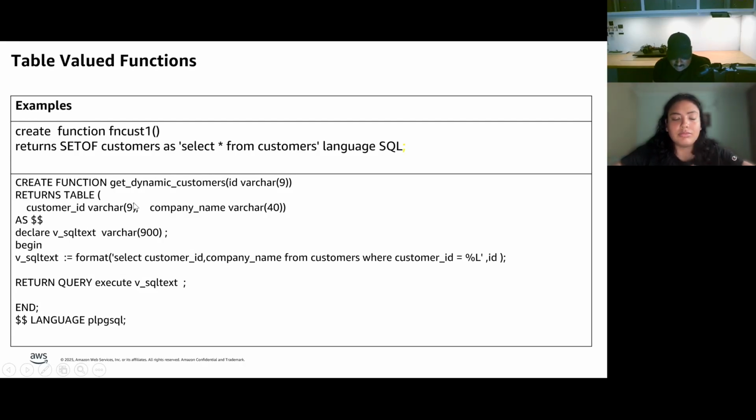The table structure is common, but you can change the value over here by passing the value to that particular column. And there are more ways to create dynamic functions in Postgres, and all these examples are mentioned in our workshop. But here in this presentation, since we have only 1 hour, I'm covering only these examples at a very high level.